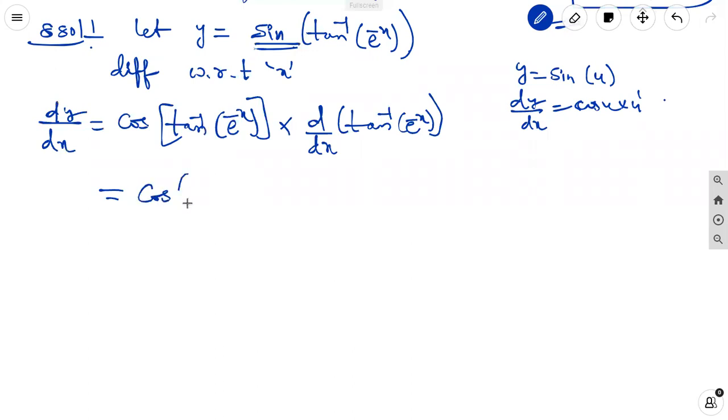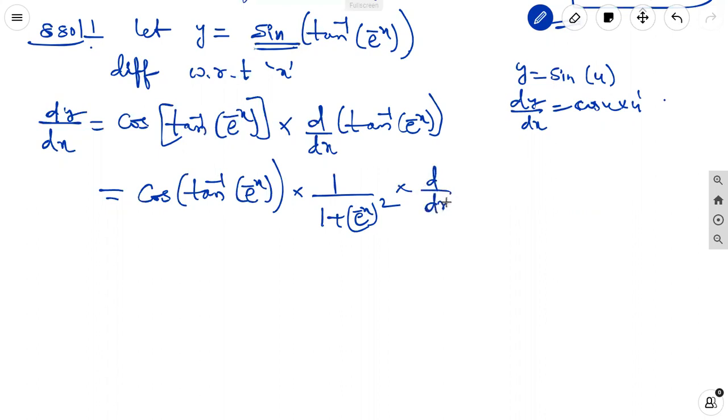The first one is same as it is, cos of tan inverse of e power minus x into tan inverse u derivative, that is tan inverse x derivative, 1 by 1 plus x square. In the place of x, what is the function is there, we can write that is. Again, derivative of that function d by dx of minus x e power minus x